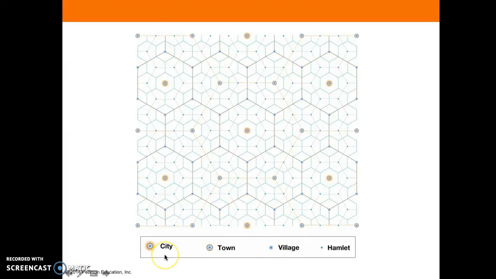Biloxi is a town. Boynton Beach is a city. So you can find all these different little classifications for where we live as well. But as far as market area goes, and I'm going to show you here, right here, this is the central